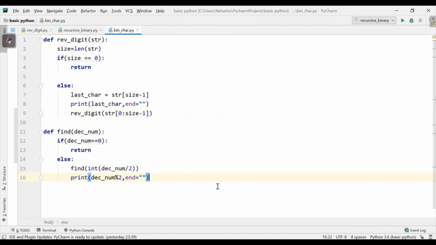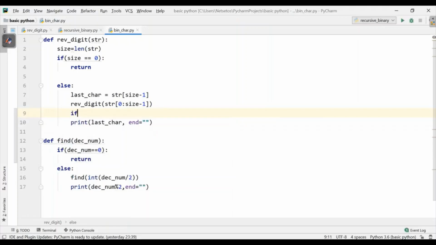Earlier, my condition was that I needed the reverse digit, but here I need the value from the sequence itself. So I'll write this print statement after the recursive call, and here I want the digit itself. Here I'll write if this last char is a digit or not, so I'll write isdigit.